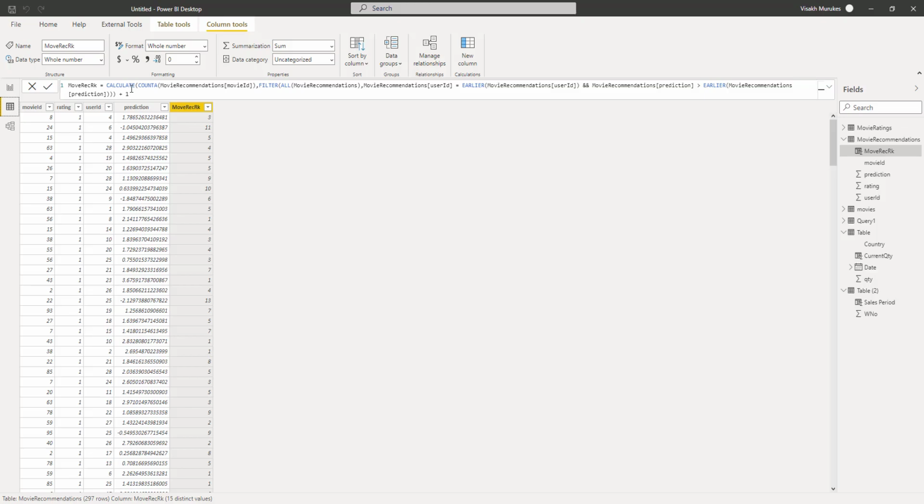So every time you select a particular user, you can see all the recommendations for that particular user for different movies based on his previous watching experience.